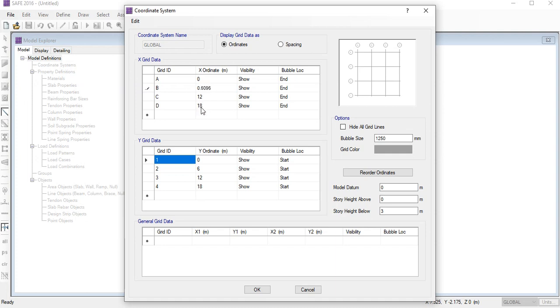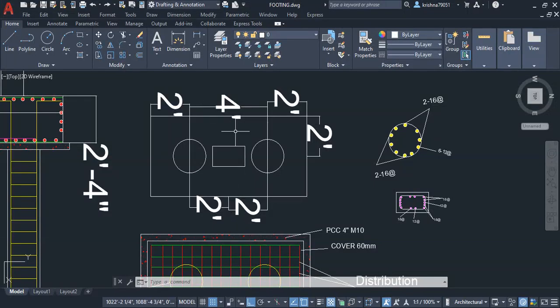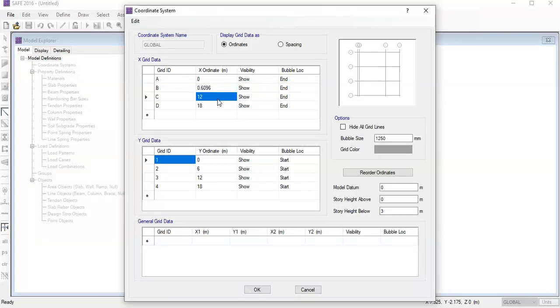0.6096. Then the third grid is the center of the column, and it is also 2 feet from the center of the pile. So we will add 0.6096, that means the value above which I have earlier provided.